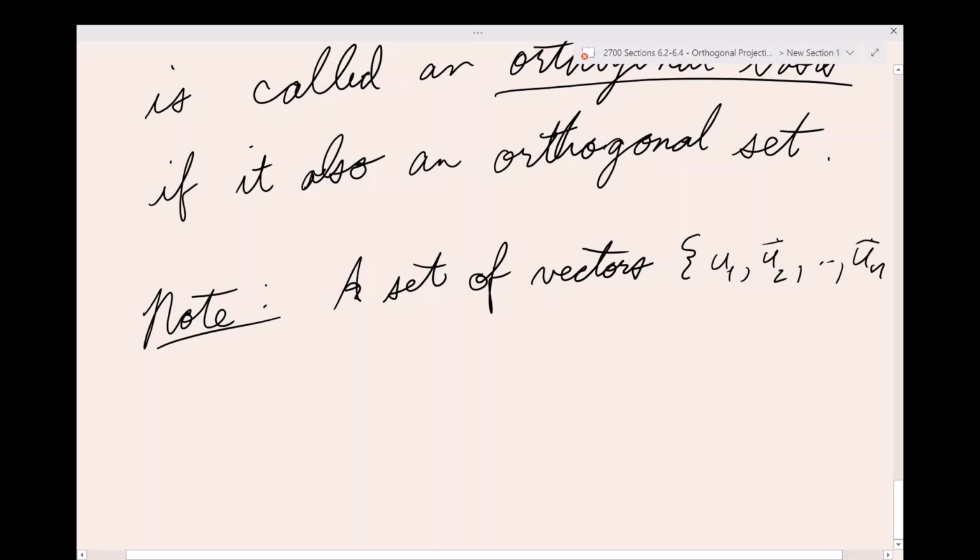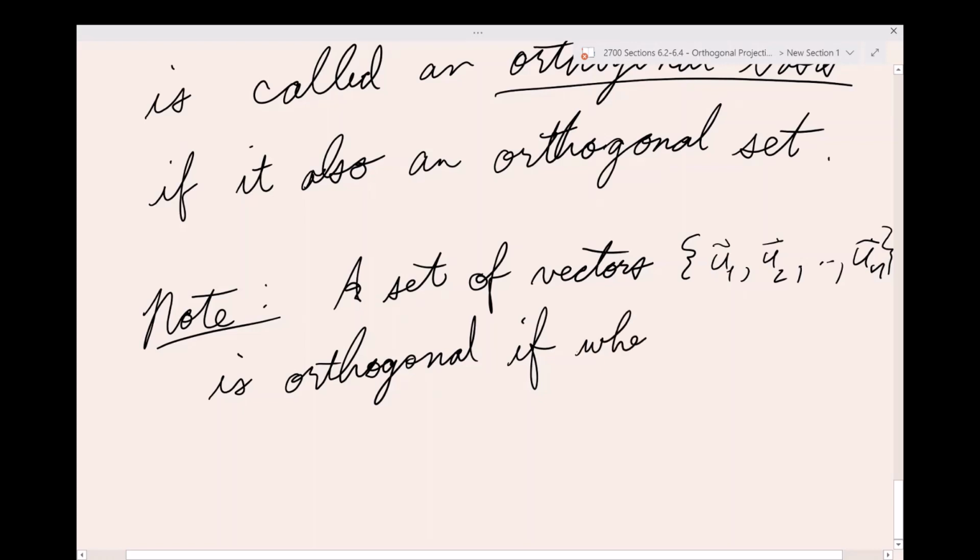These are supposed to be vectors. Is orthogonal, meaning it's an orthogonal set, if, let's say when we let